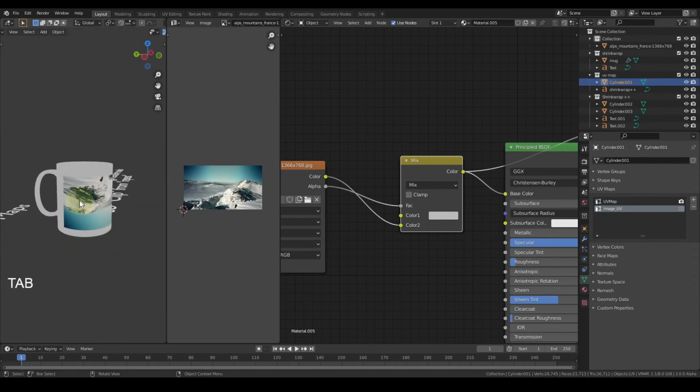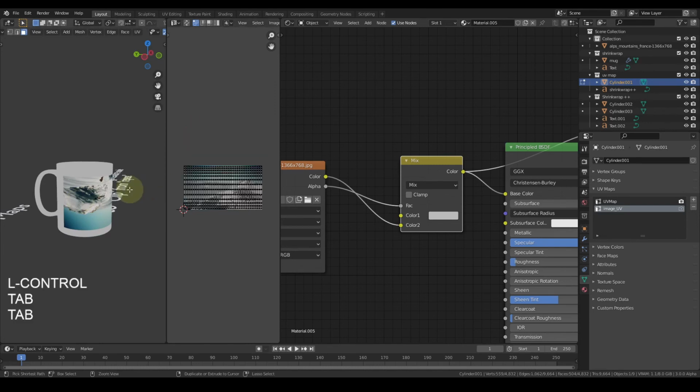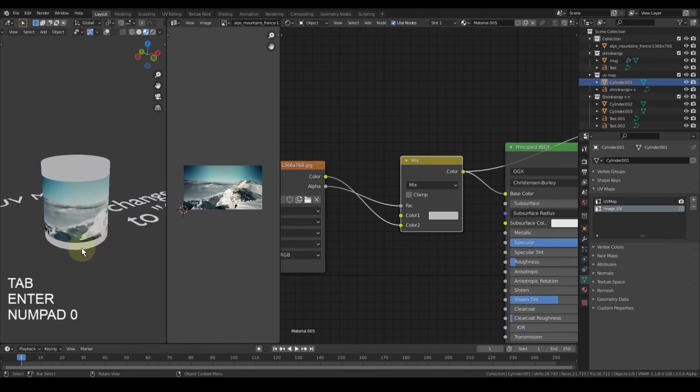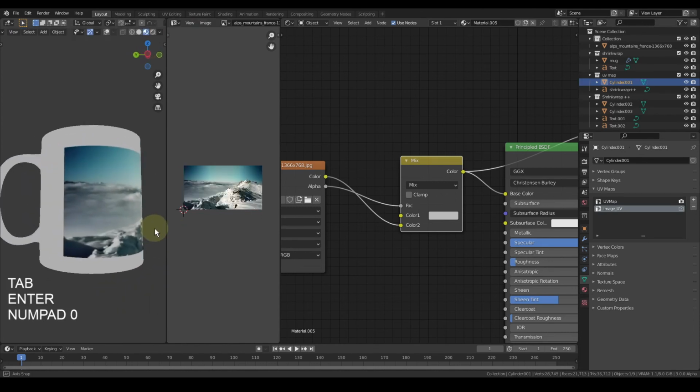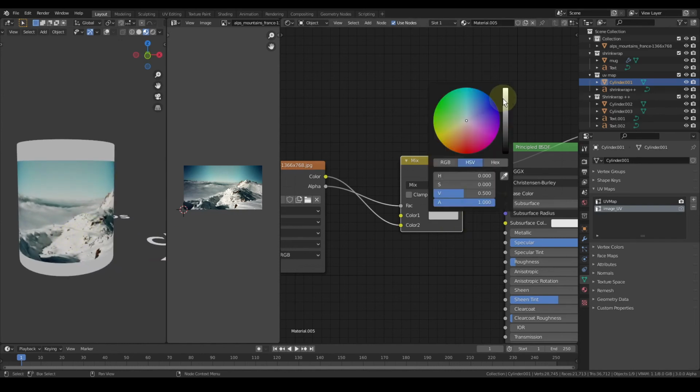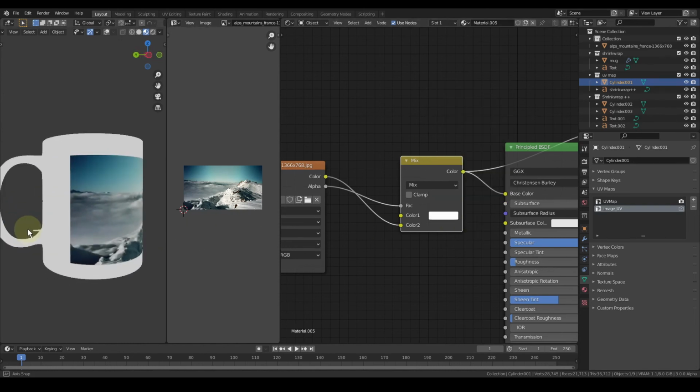The reason for that is we have the UVs inverted. So we are just going to rotate it 180 degrees, and you can see the image is being displayed perfectly fine. And I'm going to increase the color to total white.